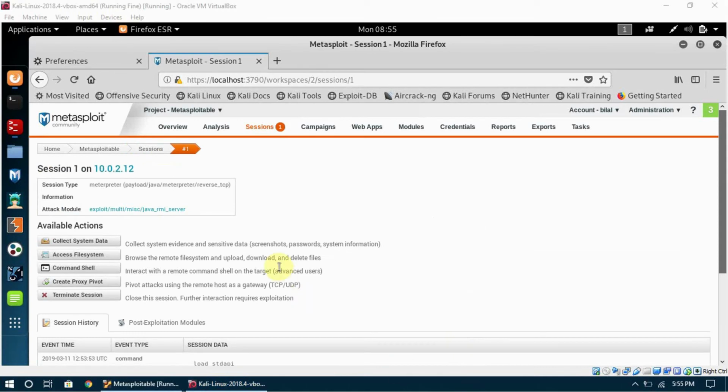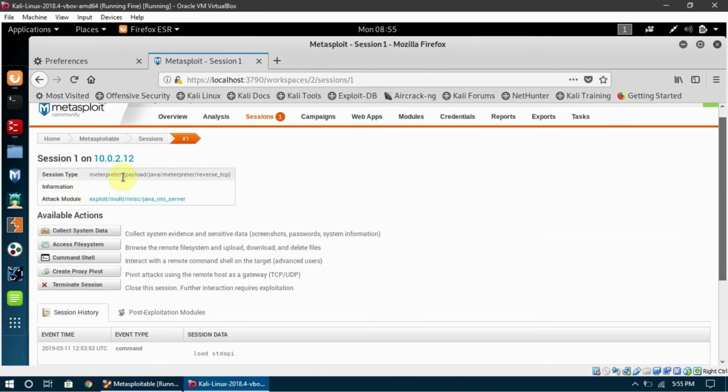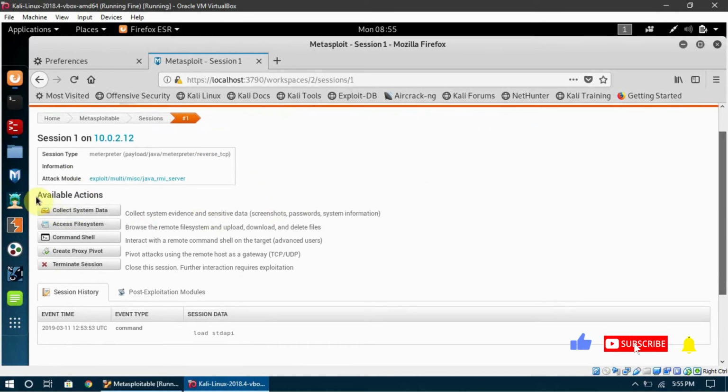Here you can see the session type. It is a Java Meterpreter payload, a reverse TCP payload, and this is the attack module. And here are the available actions which I can perform on the Metasploitable machine.